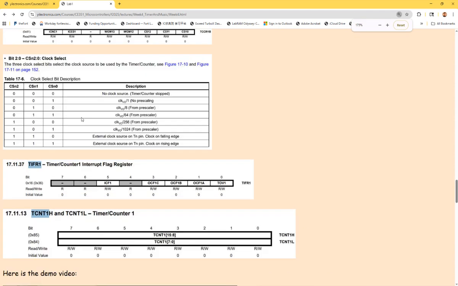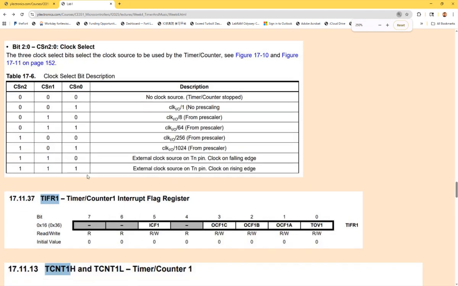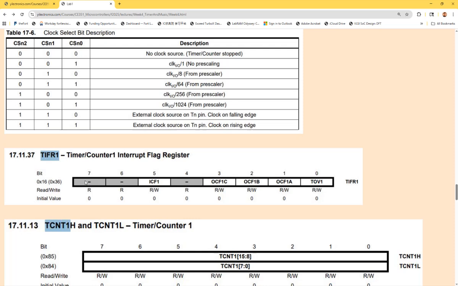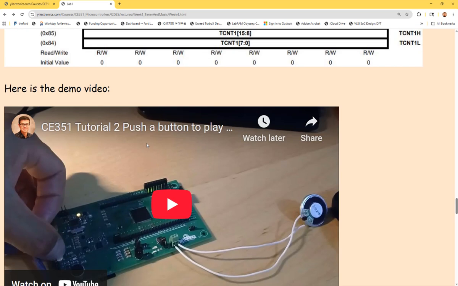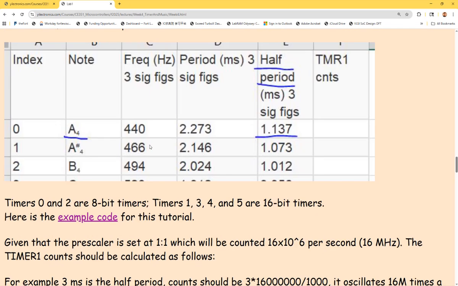This guy. All right, so we were talking about when the timer's up, what's going to happen? There's a flag, right? So this little flag, timer overflow flag for timer 1, is actually the LSB of this timer interrupt flag register 1. So this guy will become 1, will be set whenever the timer's up. So we need to clear this bit, and then restart the timer. That's how that works. So on Wednesday we will do this again and make sure you guys can finish the